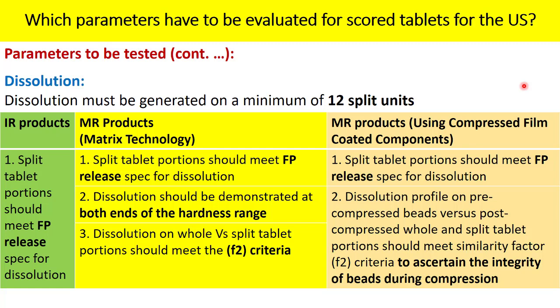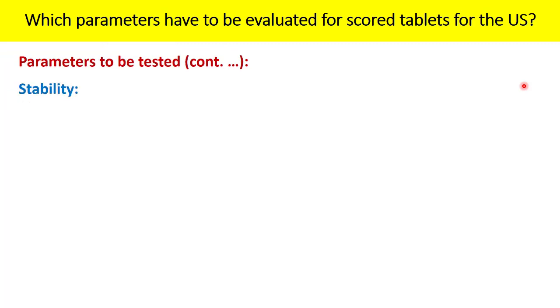So in case you are able to meet all these requirements, then you will say that, okay, now there is no impact of splitting of the tablet. Now the last point is also very important, because let us say in a pharmacy, you are going to split a tablet and keep it, and whenever the customer comes, you are going to hand over that split portion of the tablet. Or let us say you are a consumer, and you split the tablet for your convenience at once and then consume it as and when required. So this means that there can be a chance where the consumer can end up splitting a tablet well in advance of its consumption,